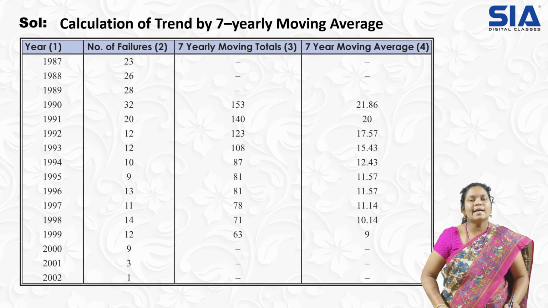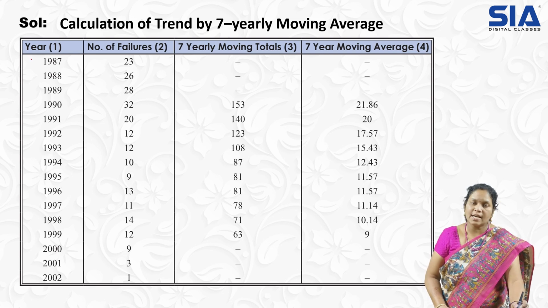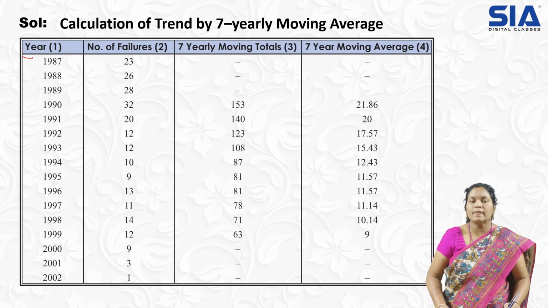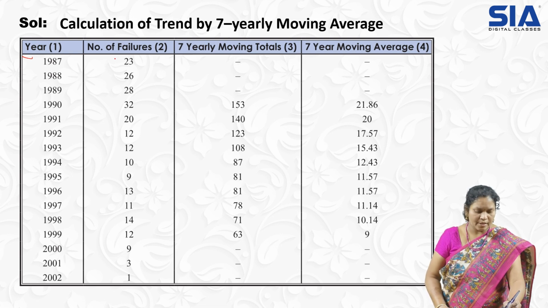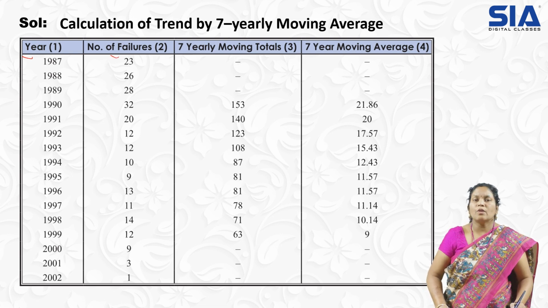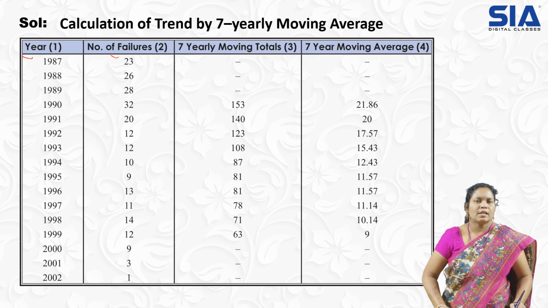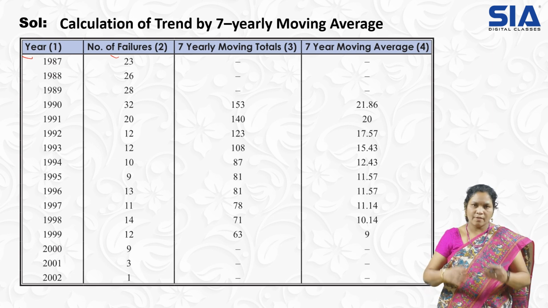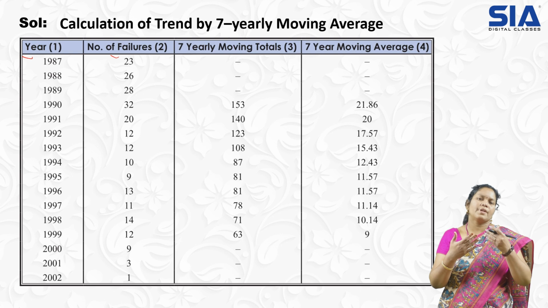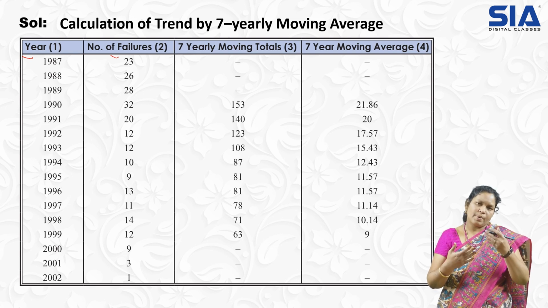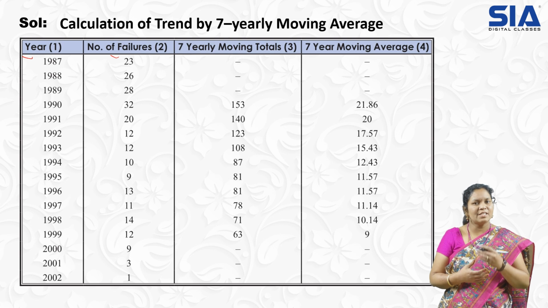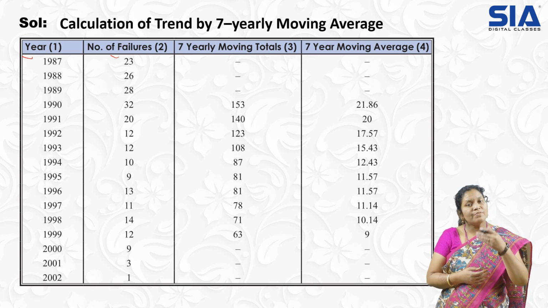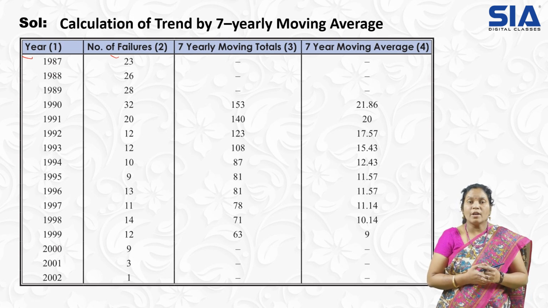Now how to deal with that 7-year moving average, let us check it out. Given the data, first the years they have given, so I wrote in the first column all the given years. Then the number of failures they have given, so I have written all the data as it is. Now be careful while doing, give proper space for every value, like one row of space you leave, because here averages we are doing total of 7 years. So check how it goes on.